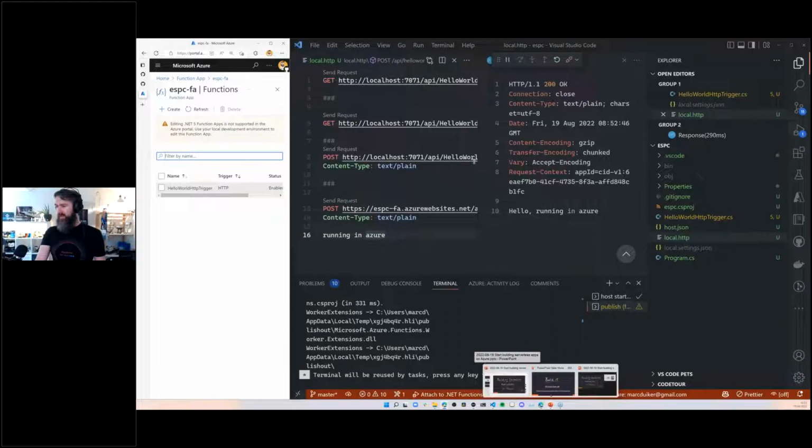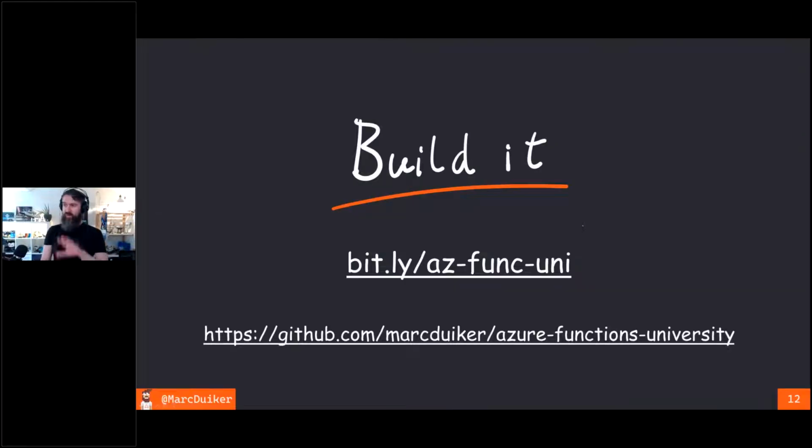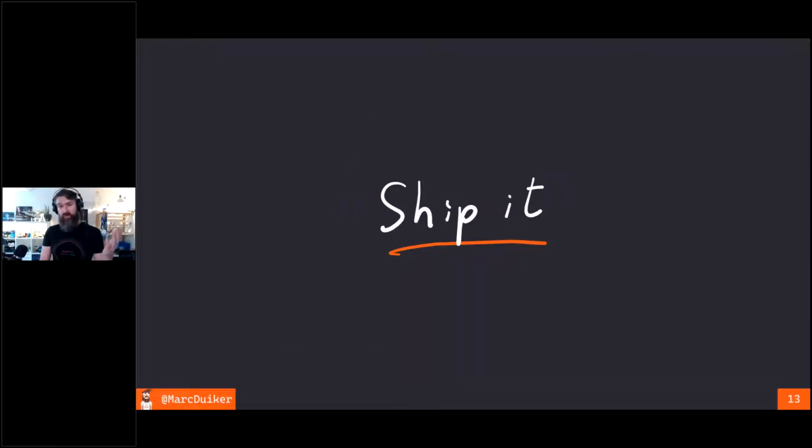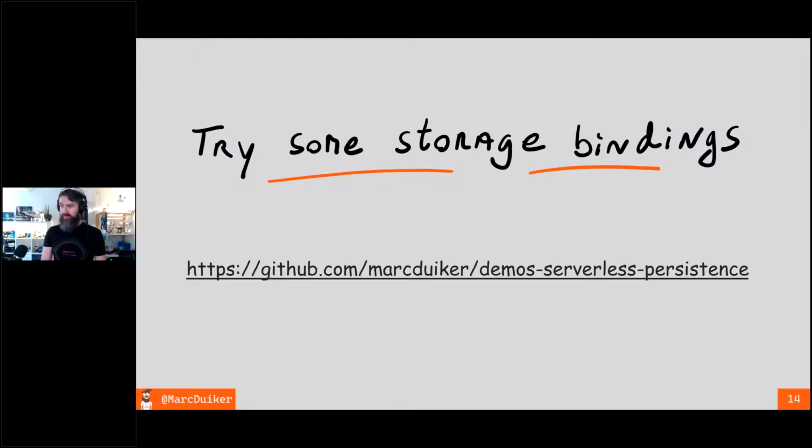All right, that was the hands-on part for now. We've built it in VS Code using the Azure Functions VS Code extension, which really makes it very easy to scaffold all your projects. We've shipped it to the cloud also using the Azure Functions VS Code extension. If you want to know more, you can definitely look into Azure Functions University, which is great and contains a